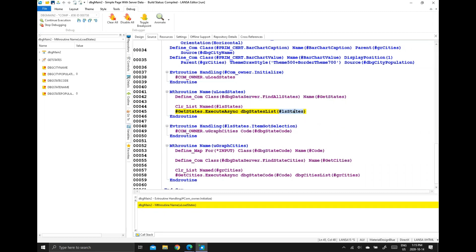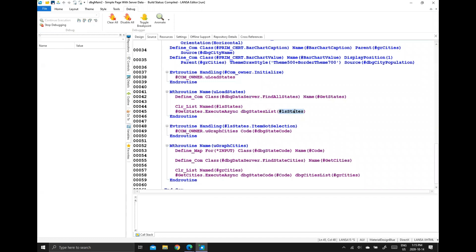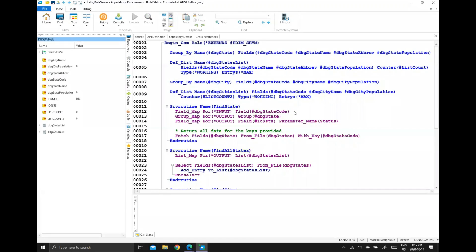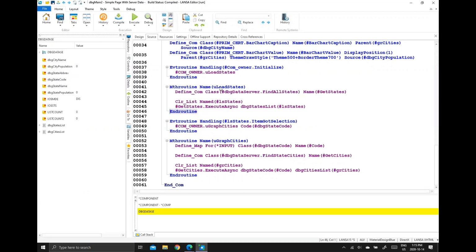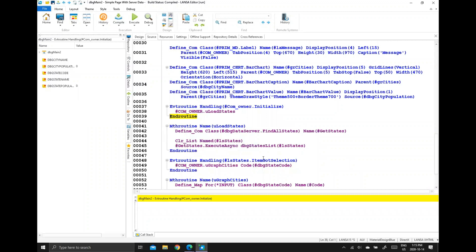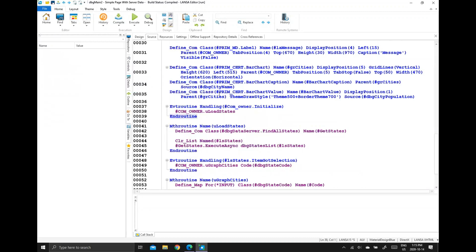So let's do F8. What's going to happen is it calls that other function, right? So now here it's saying, okay, I executed asynchronously, so hit the end routine, so I can just hit F8 here. We're done here, but what we're going to get is in that other routine, right? So if I look at this other routine,